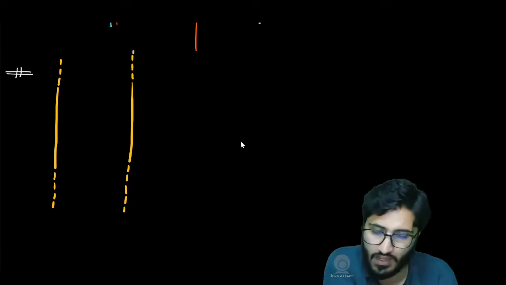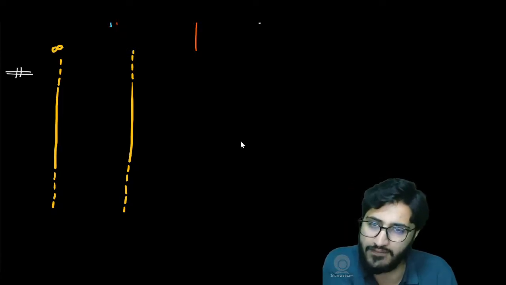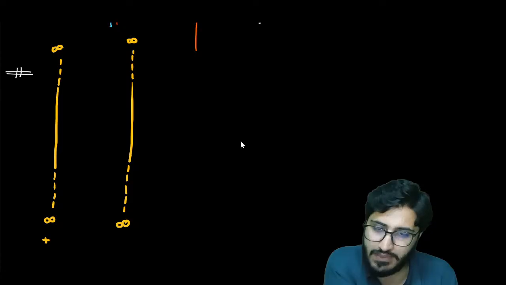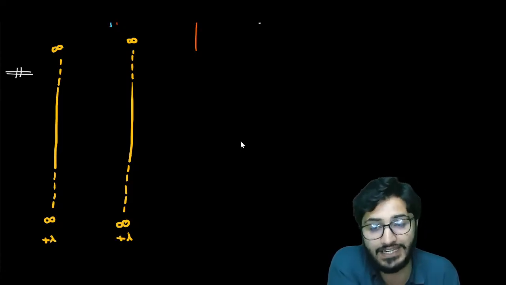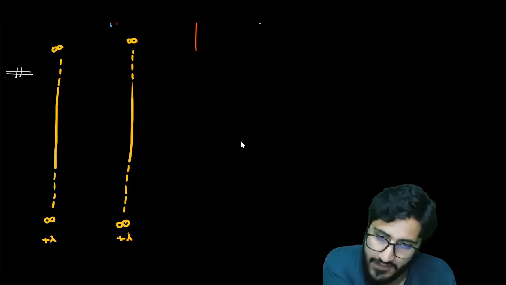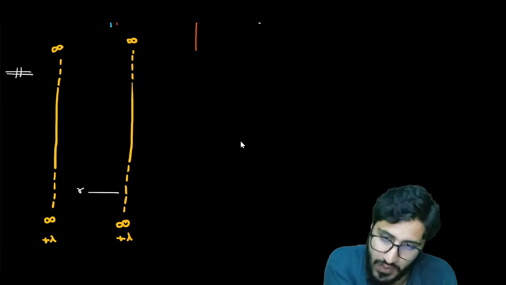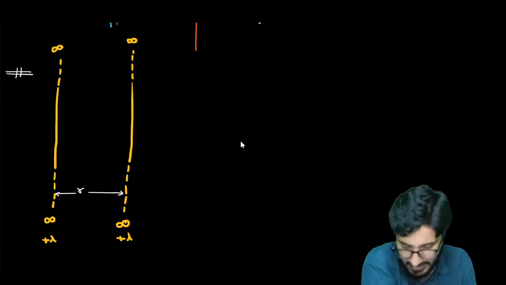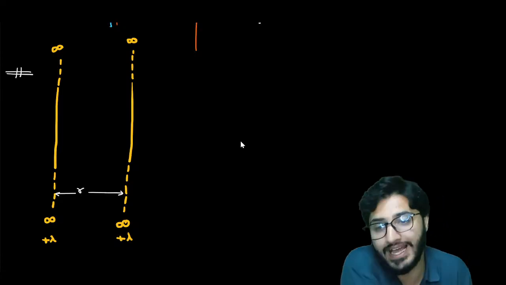Both lines are infinite, with charge density plus lambda, plus lambda. That means the same linear charge densities. Now look, if the distance between these two lines is given to be r,